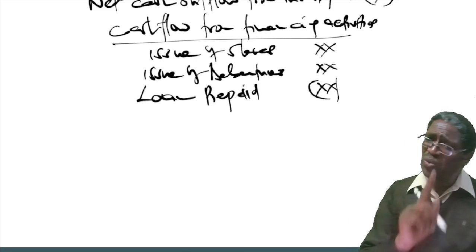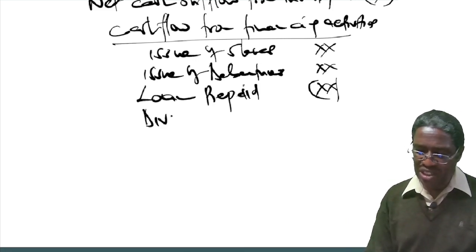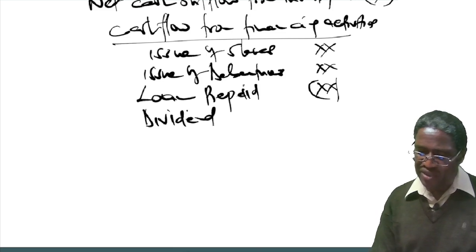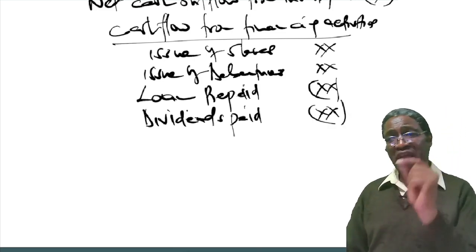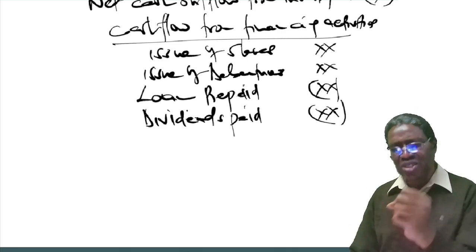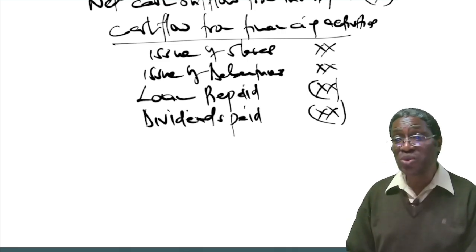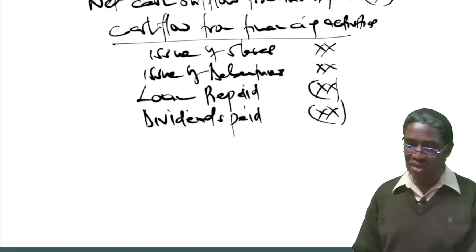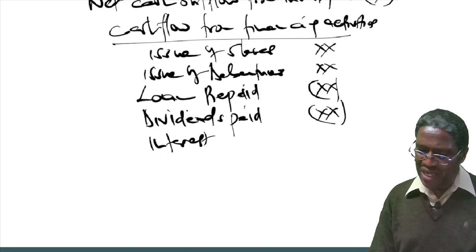So whenever you pay a return to the financiers, that return is normally classified as a financing activity. Any dividends paid is classified as a financing activity. The debenture holders require a return. What is the return on them? It is the interest you pay them. The loan providers, the same. They earn interest. So you as a company, whatever you paid as interest this year, that is also considered